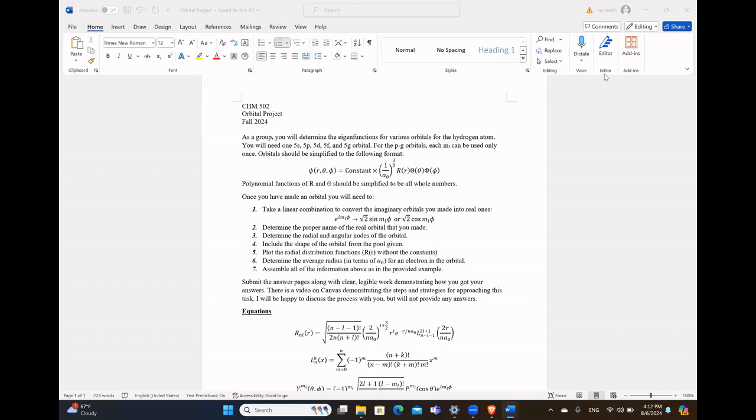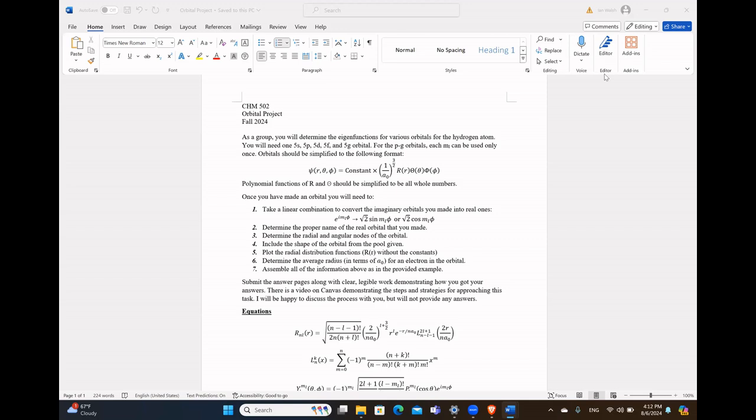Welcome 502 students. This tutorial is meant to take you through the orbital project that I have assigned to you. If this project seems daunting, it is. It's going to be probably a big challenge for you. There's going to be a lot of math that we have to do. However, none of the math is beyond your abilities, and we have a lot of tools that we can use